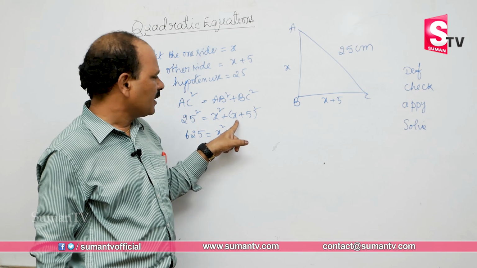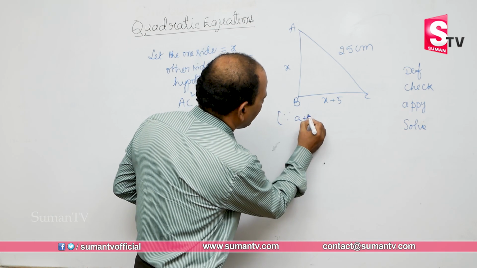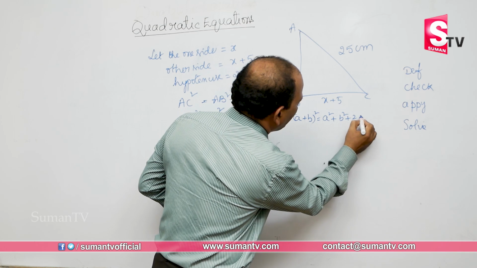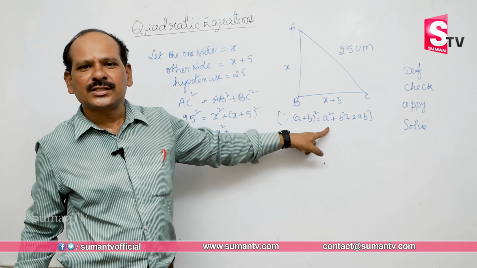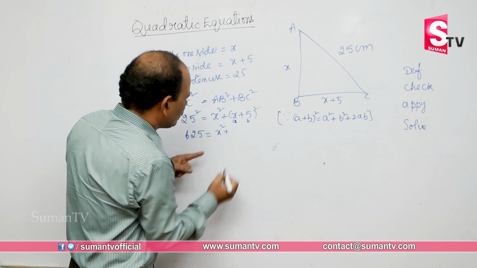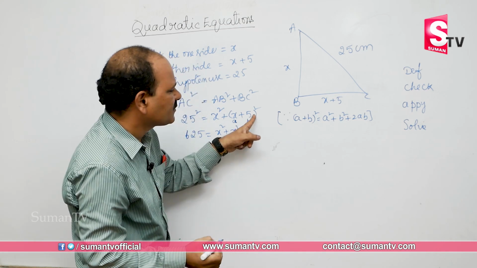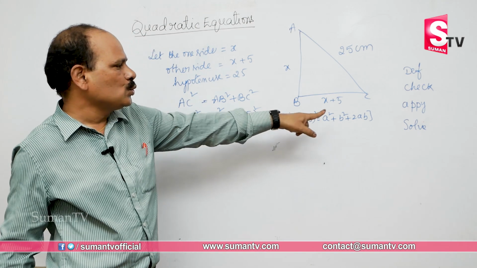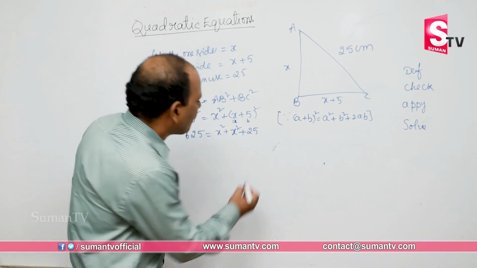This is in the form of a plus b whole square. So a plus b whole square is equal to a square plus b square plus 2ab. So we have to expand the term by using the formula. This is a, let us assume this is b. So first a square, so x square plus b square, 5 square means it is 25. Next 2ab, 2 into x, 2x, 2x into 5,